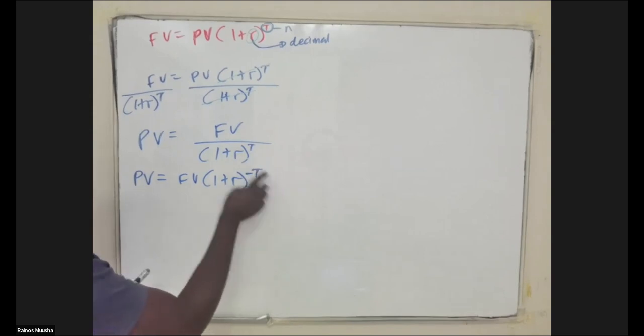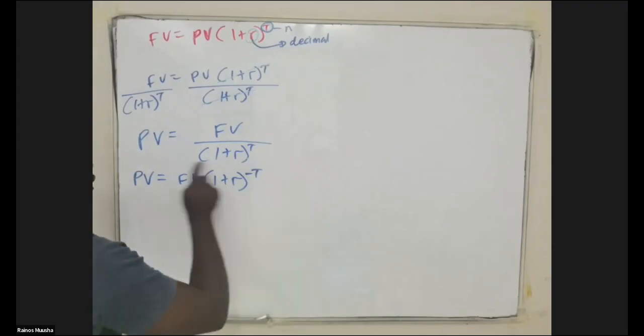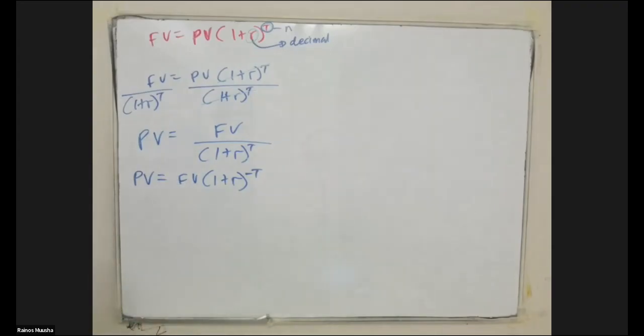A negative sign. Which means if they give you using this presentation, or they give you using that presentation as well, it still gives you the same answer. But remember what we said, we are not going to be more concerned with using the formulas. We're going to be more concerned with exactly how you use your financial calculator.